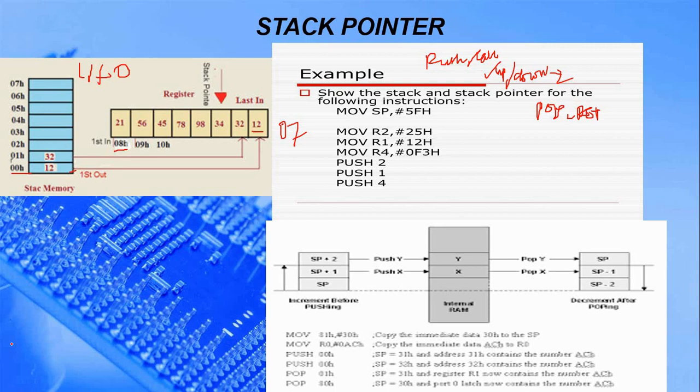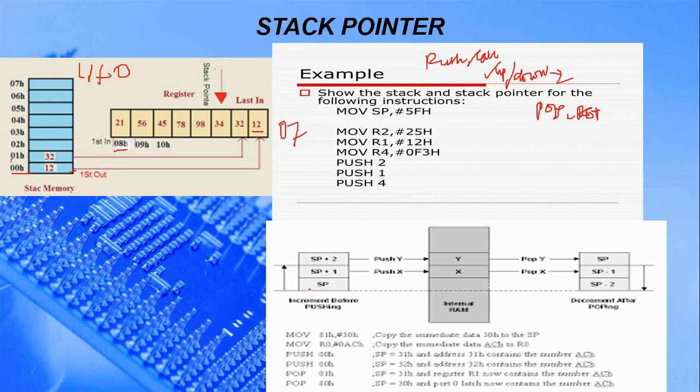Next, on the down counter side, two operations take place, the pop operation and the return instruction. Pop and return will retrieve the data to the user. From the stack it will take the data and give it to the user. If I take one data from the stack memory, the pointer automatically gets decremented. That is a pop instruction. What is a return instruction? We send control back to the user side. That is the stack pointer.